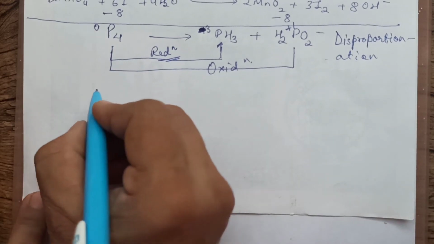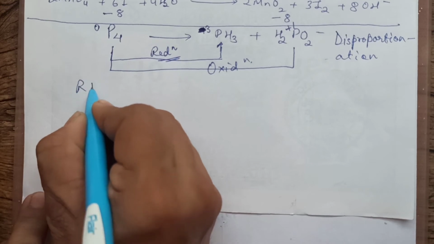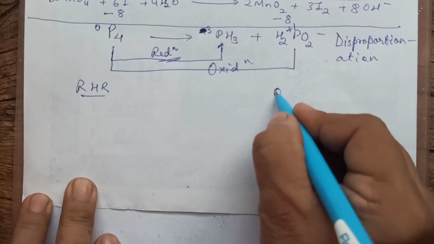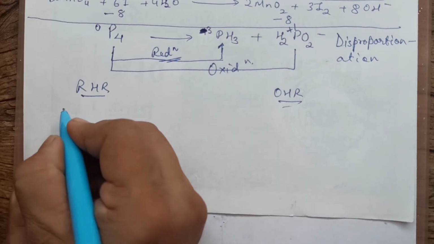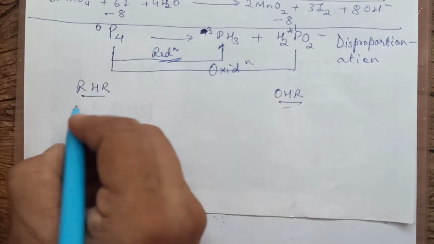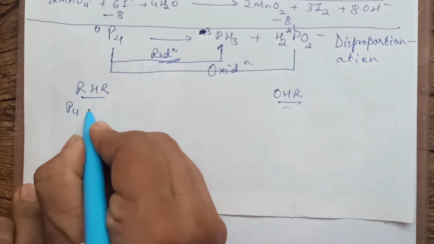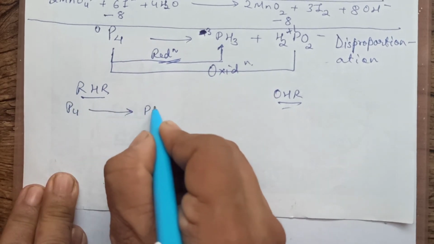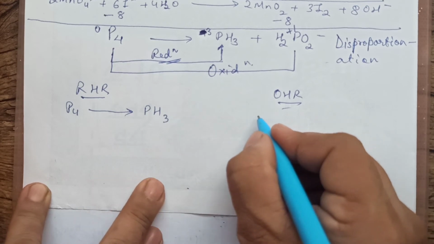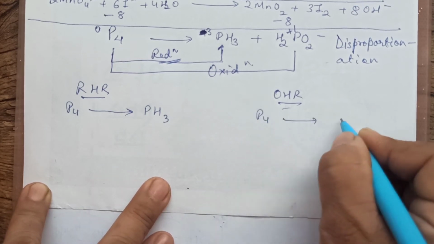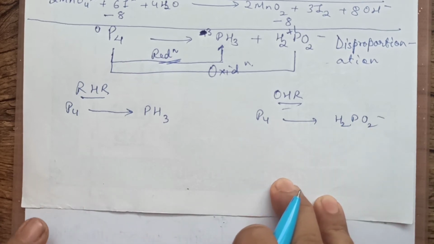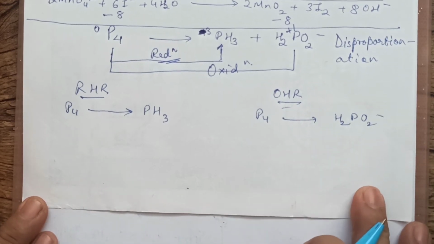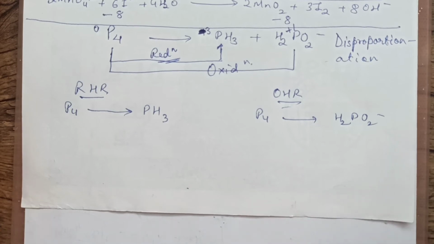Okay. So what we will do, we will again divide this into reduction half reaction and oxidation half reaction. I'm using short forms. So I will write in the reduction form P4 forming this. So I will write the same reactant forming one product, say the same base, P4 forming H2PO2 minus. Because when we are balancing, that P4 will be more in number. That will not be an issue. So now we will divide, we'll make a line in between.